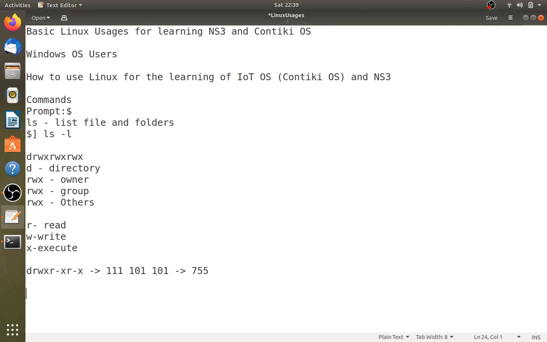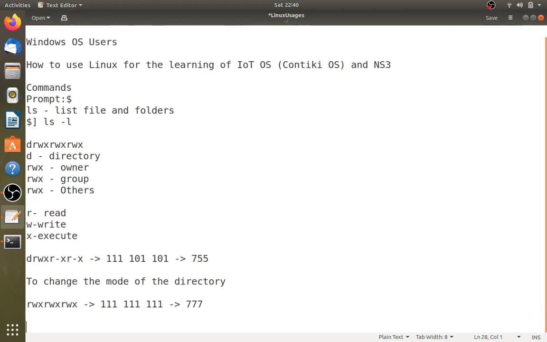To change the mode of this directory, I want to give the permission rwx, rwx, rwx. In that case it is 111 111 111, which is nothing but 777.